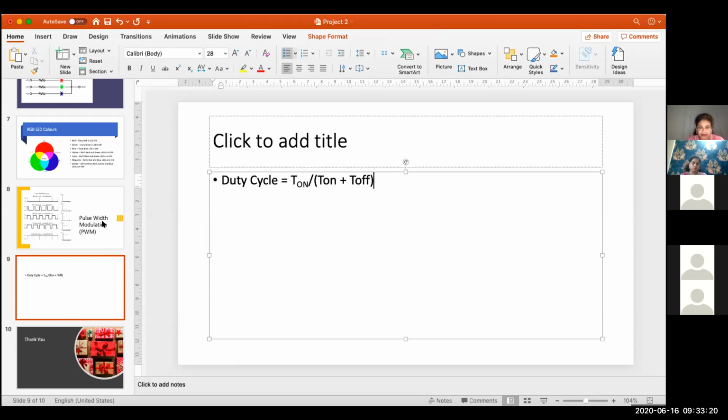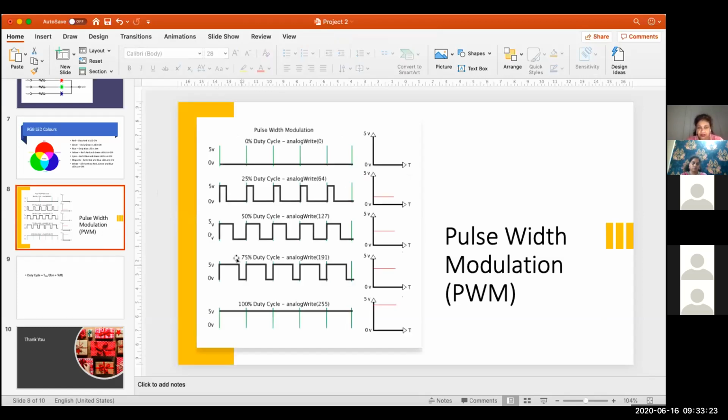If I go back to my previous slide, in this waveform, the middle one, time period of any waveform comprises of the time when the wave is high plus the time when it is low. The high part we call as T on or the on period. The low part we call as the off period or T off. So after every T on and T off, the waveform is repeating itself. So what does one time period comprise of? It comprises of T on plus T off.